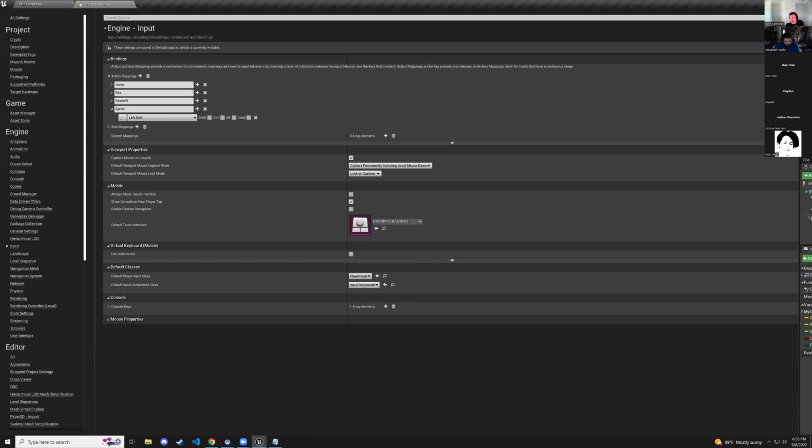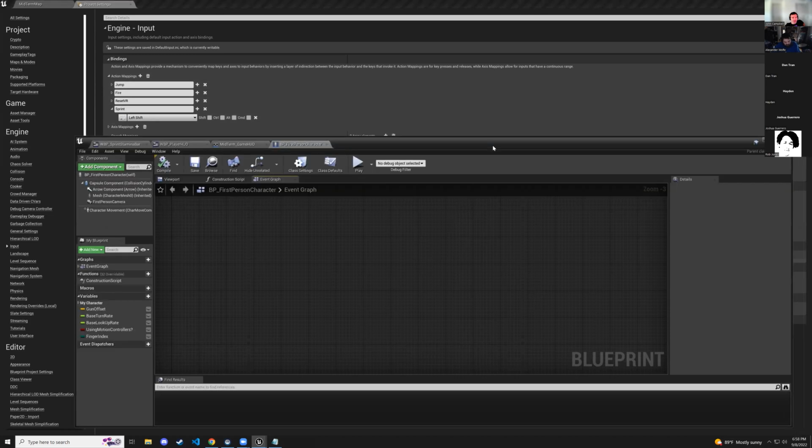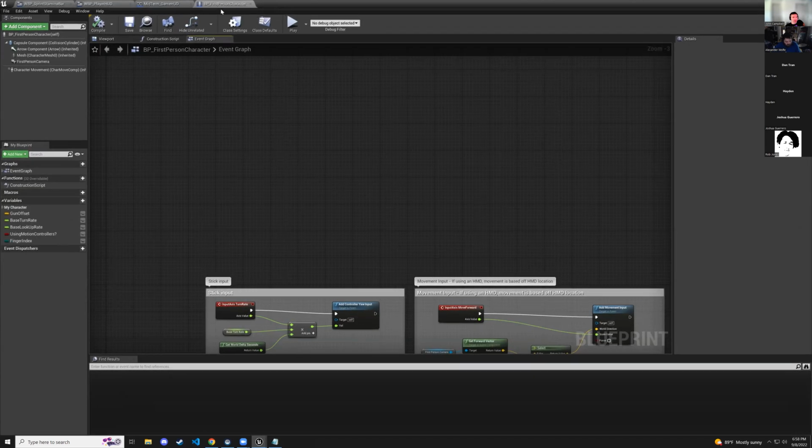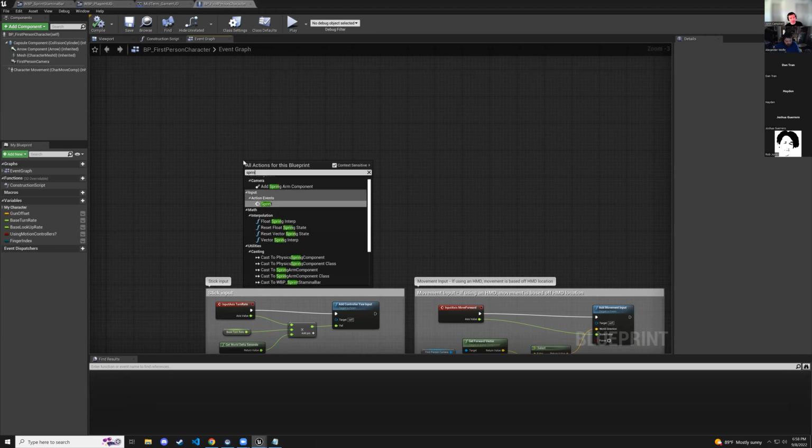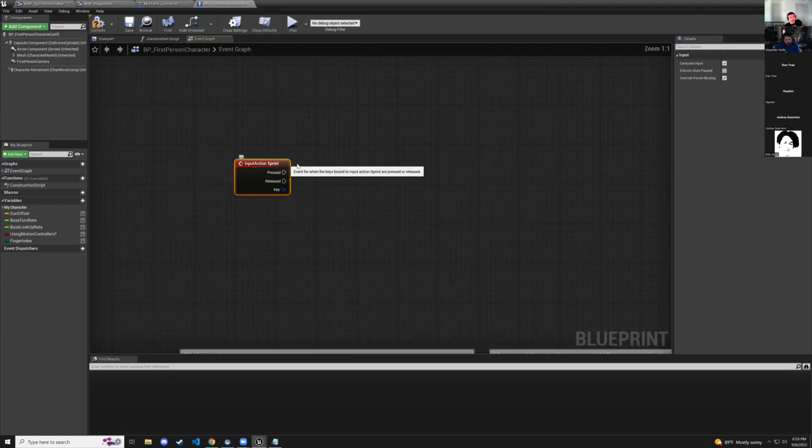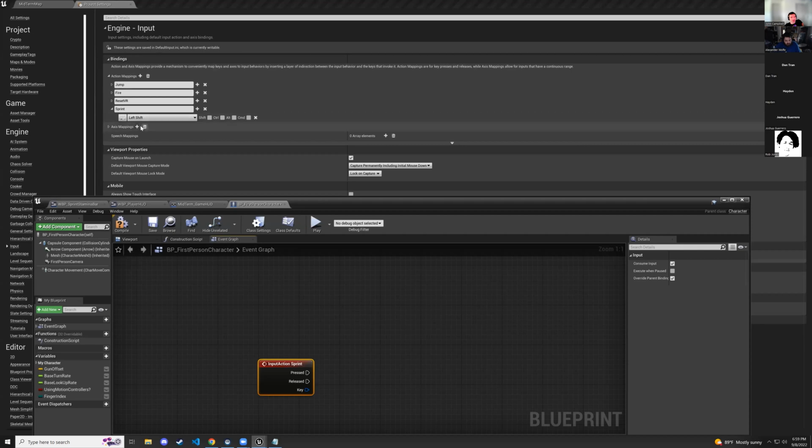So as long as that's set, which I assume it is because that's what we did already, then we can come into our first person character blueprint. We can right click and type in sprint. And you can see right here, action event sprint. And now anytime the user presses the key that we've defined inside our project settings, which we've defined as left shift,